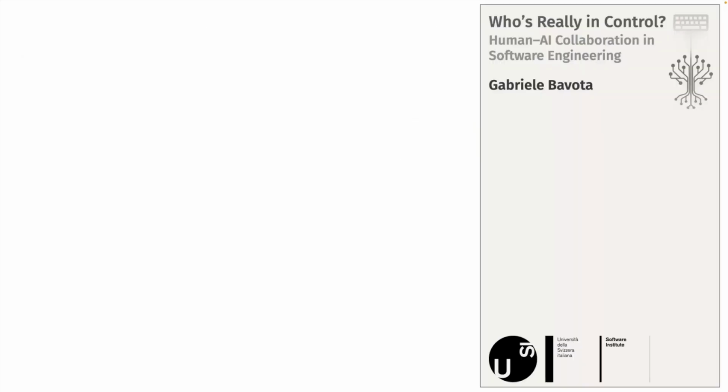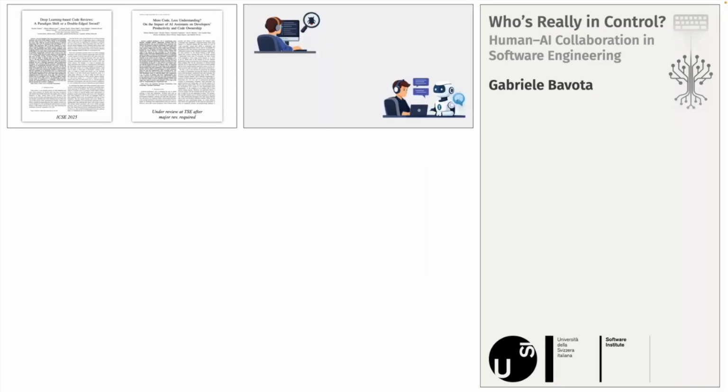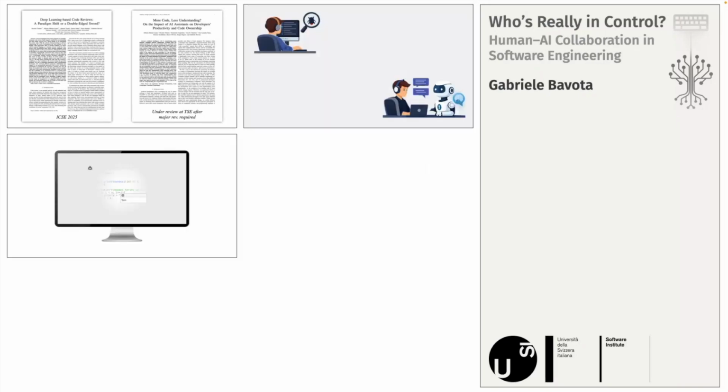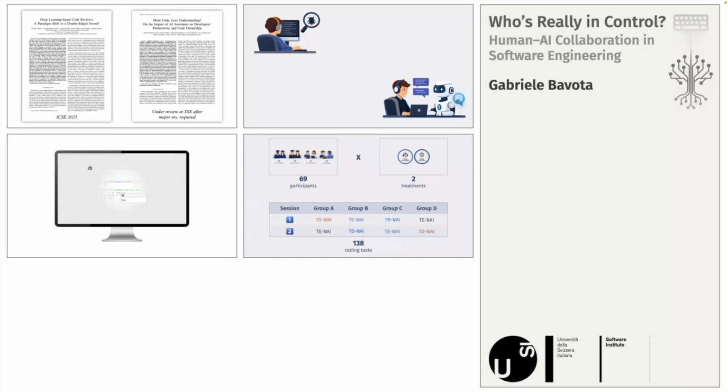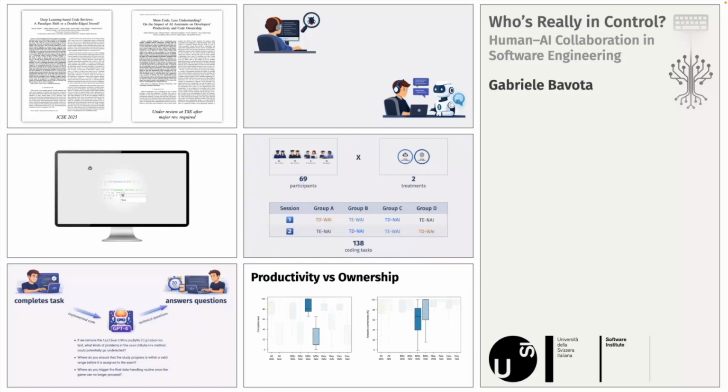Okay, so with that, I will conclude. I presented you these two works. The first one is on automated code review, where we tried to understand what happens when you use the AI as a starting point for the code review, and we observed this tunnel vision effect. The second one was about writing code with and without the help of the AI, with a focus on what happens to code ownership, so your ability to argue about your implementation choices or to answer code comprehension questions. And again, we observed a relationship between the boost that you get from the AI and the price that you pay in terms of your ability to explain the code.